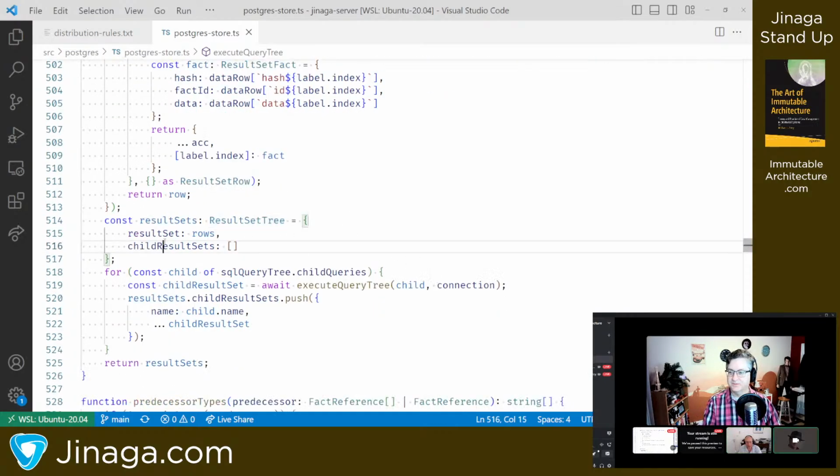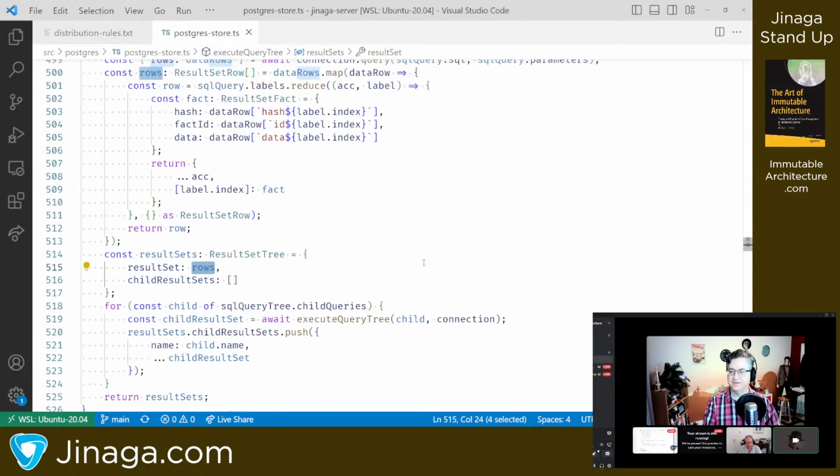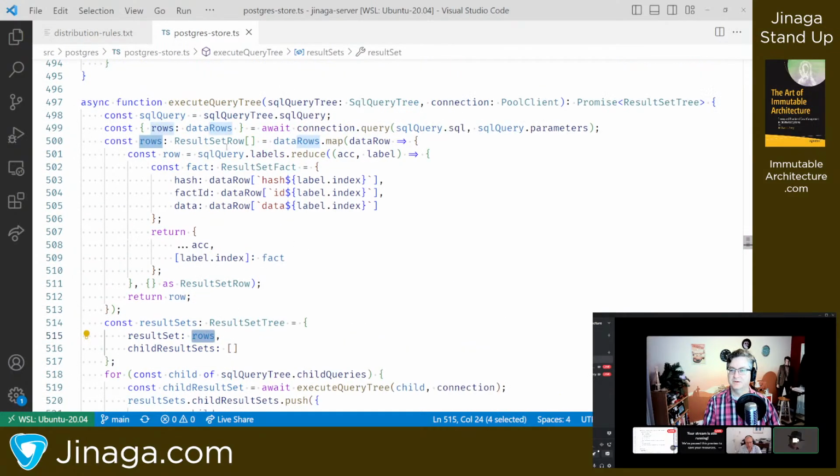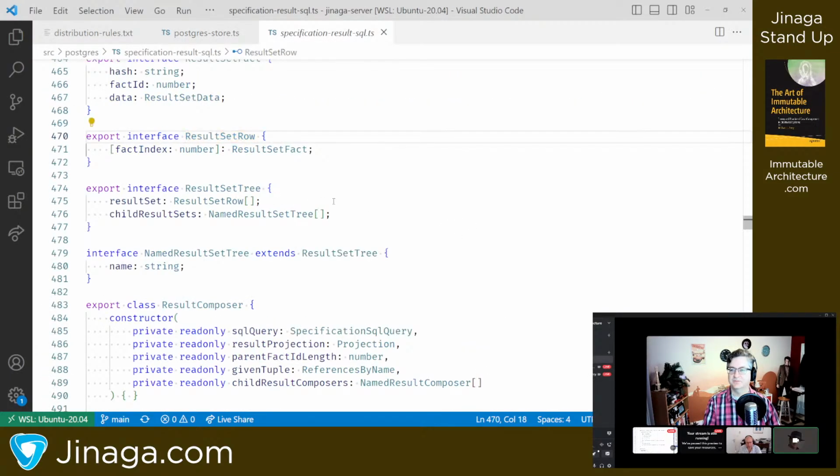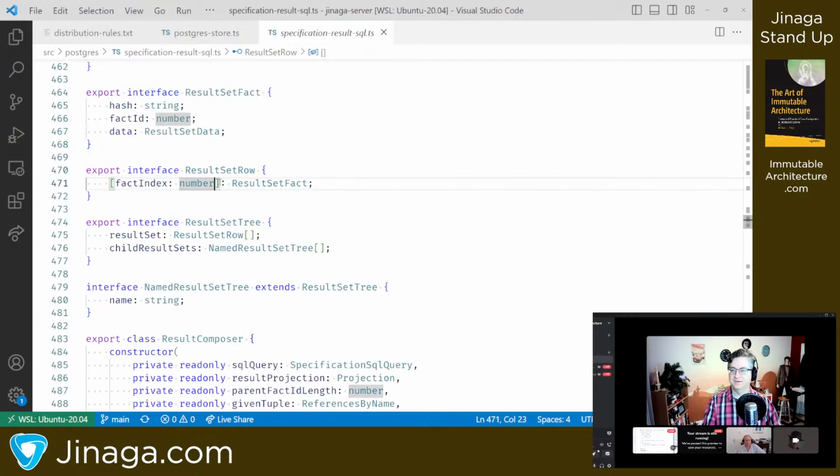So the result set is the set of rows. Let's take a look at a result set row. That's a dictionary of facts by their fact index, where a fact is the hash, fact ID, and data.